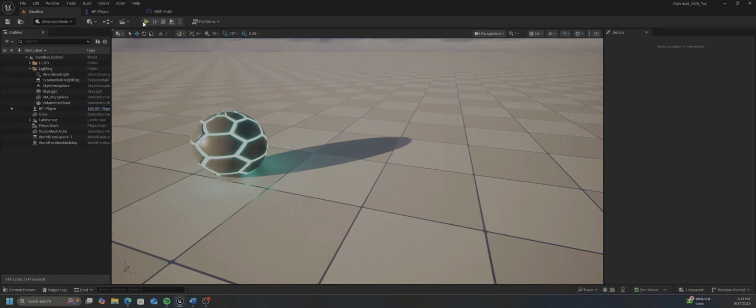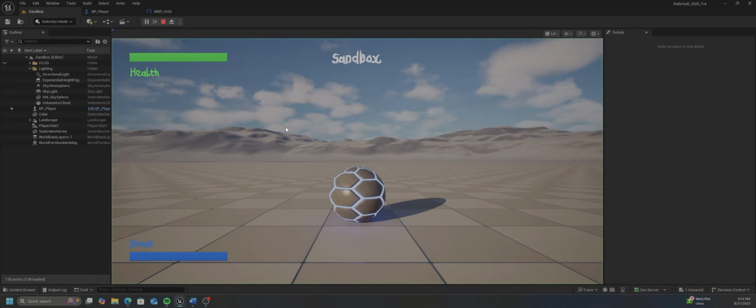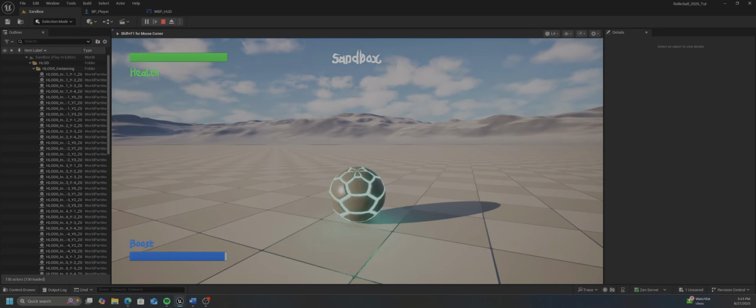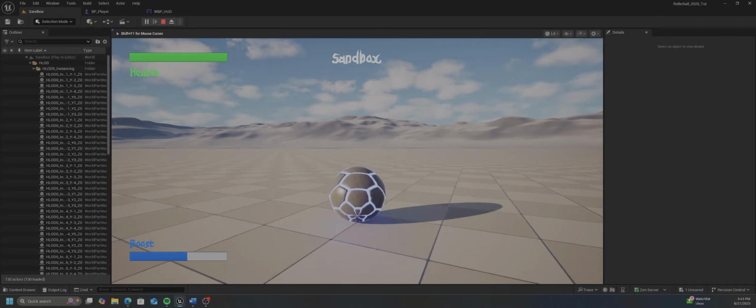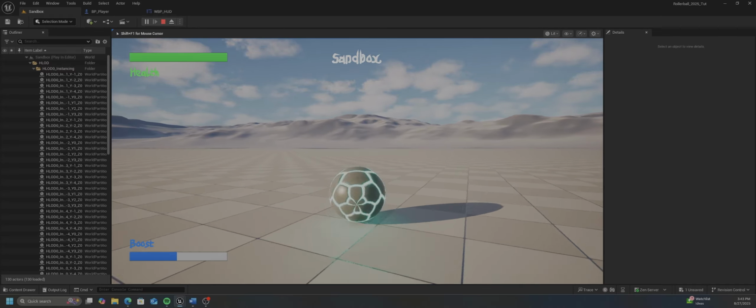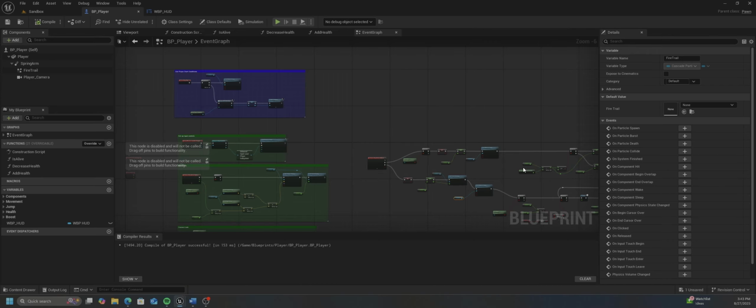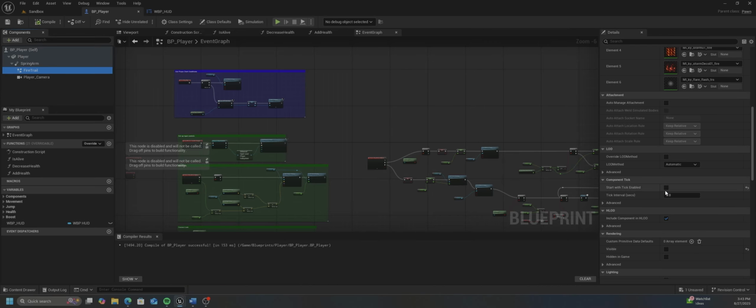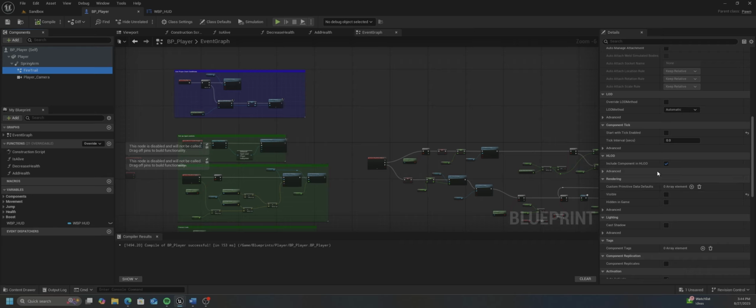I'm going to go ahead and save it. So if I go in here and I hit play, and now if I hit the boost button, I boost, but I don't see my tail. And that's because visibility is still turned off. If I had it turned on here in my player, so if I didn't have this visibility turned off in here, right here, if I had it normal,